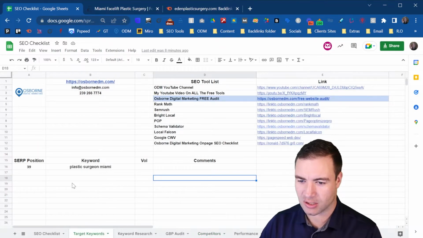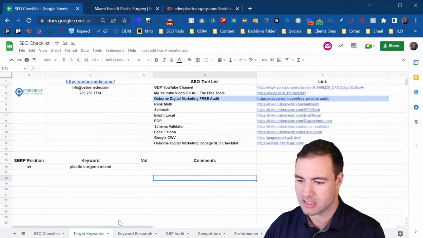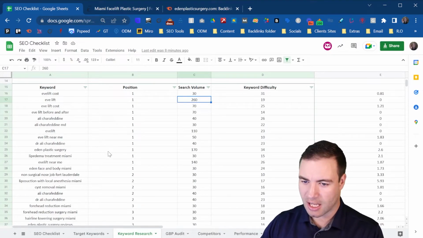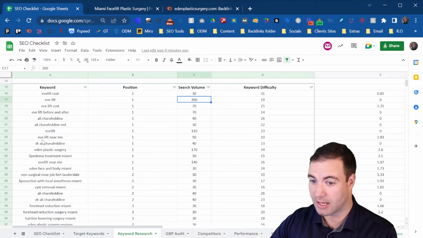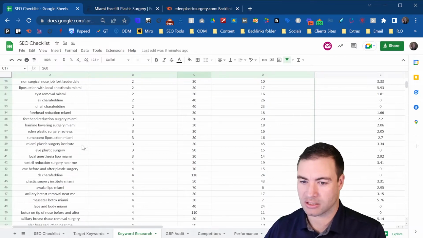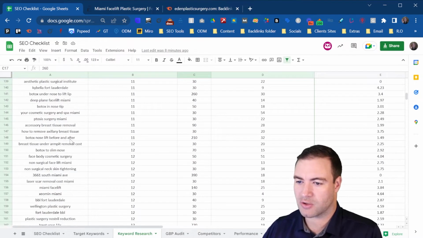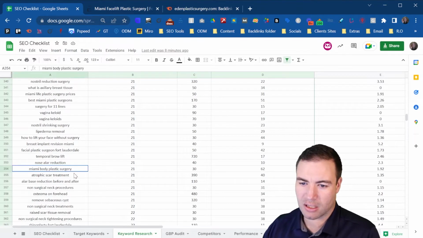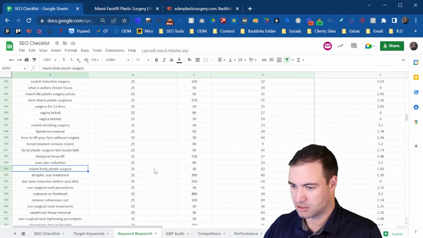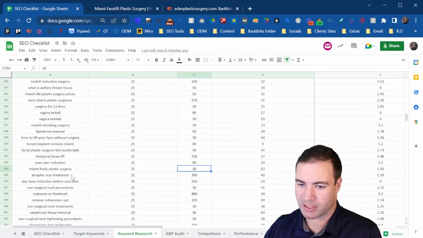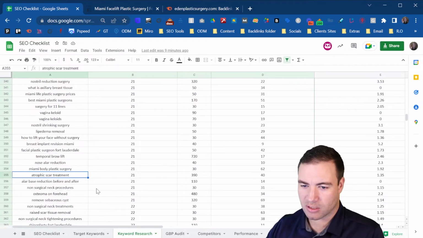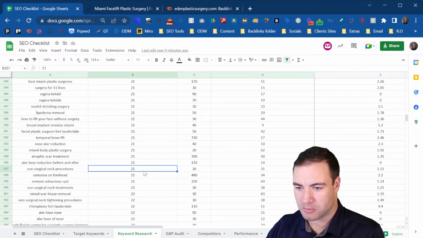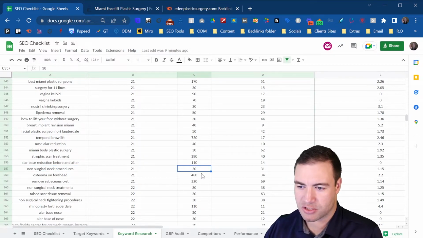So we've obviously got our target keyword that we started with, but what we can do is start to ascertain what keywords we're ranking for and what we would actually like to go after a little bit more. So if we scroll down to the bottom, things that we're doing okay on, but Miami body plastic surgery, not great volume, but you can have a look. Non-surgical neck procedures, okay, we're in position 21. Not that many searches, but